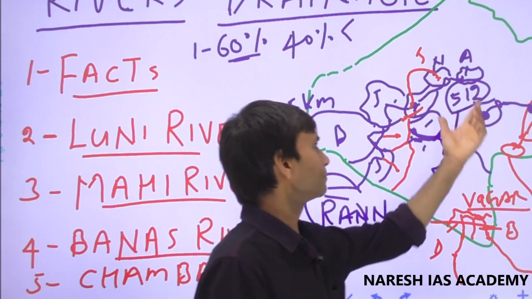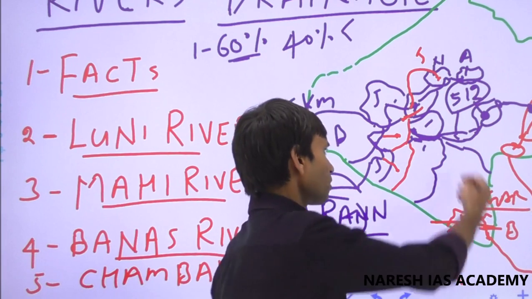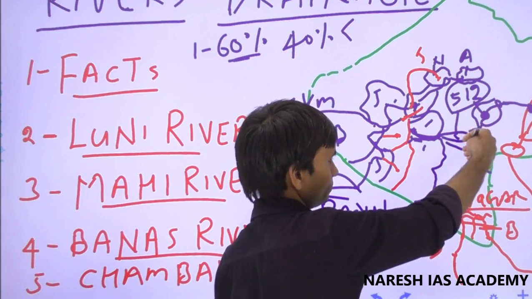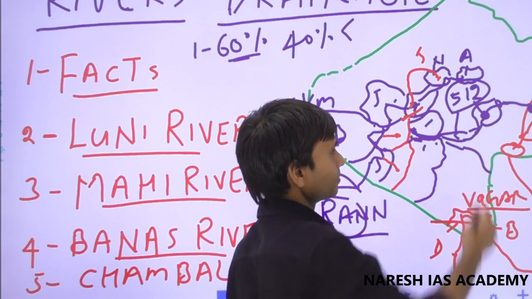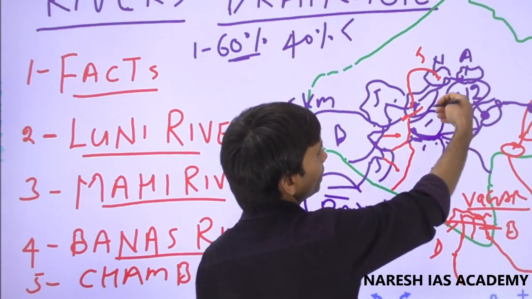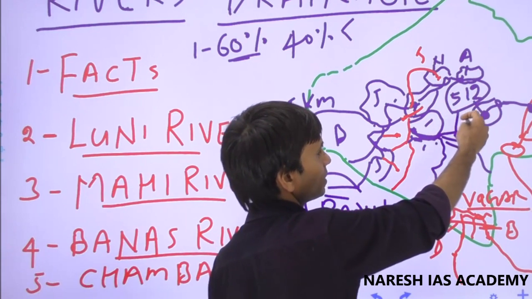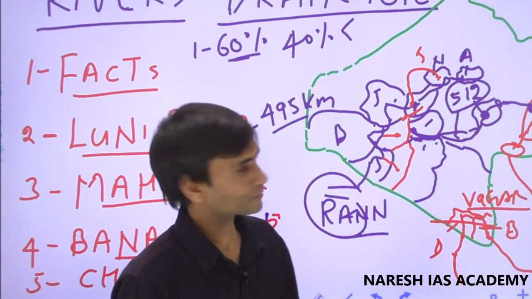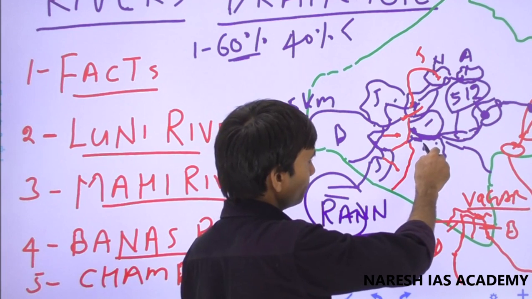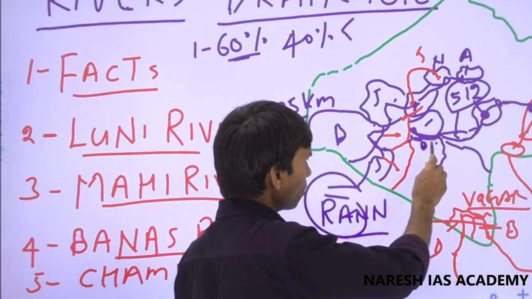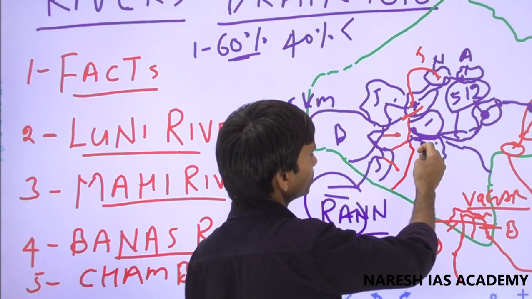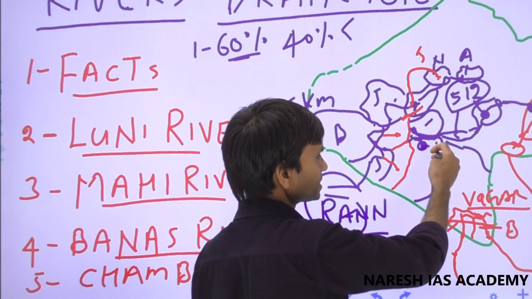There are many tributaries of the Banas river from the right side, or the south side. The Bedach river and Menal river are the important tributaries. From the left side, or northern side, these are the Khari river and the Dai river. This is the Bedach river, also called the Ayad, and the Bedach river originates from Udaipur in the Gogunda hills.